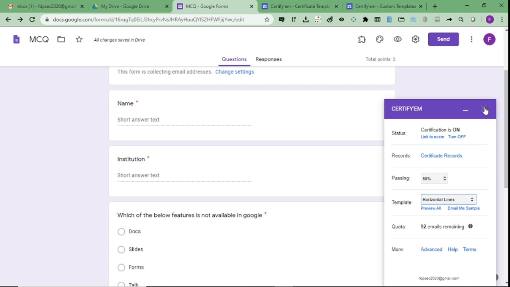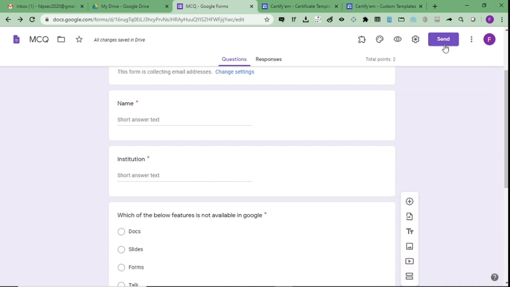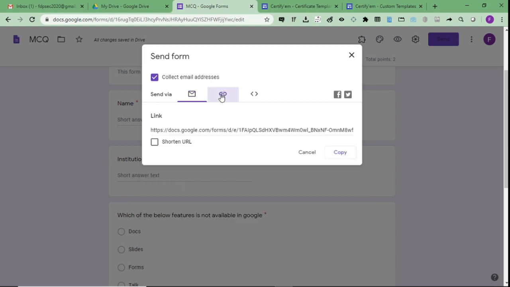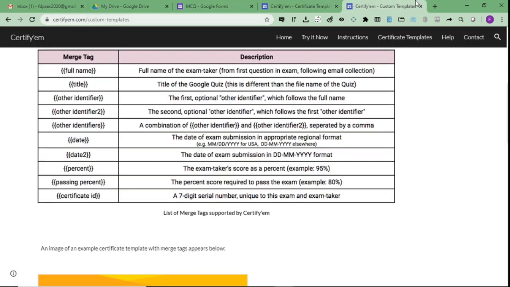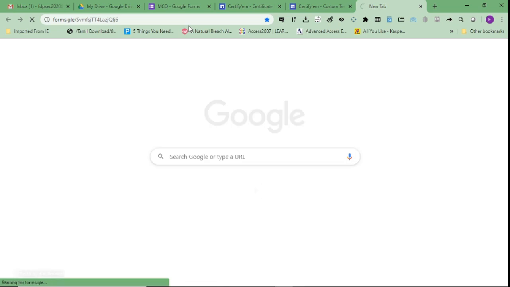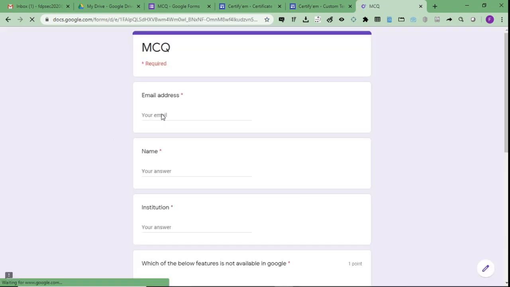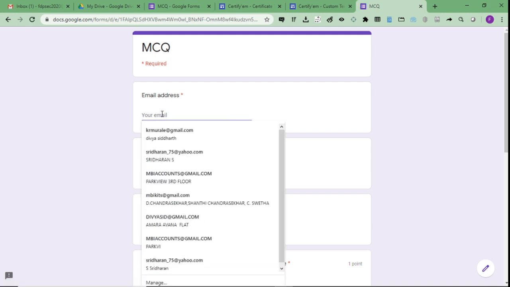So now let us close this. Now let me try to generate a certificate for myself. So I click on the send option. Let me copy the link to pass it on to everyone. So I copy this link. Let me take up the test and see. Yes, let us take up the test and see whether a certificate is generated.